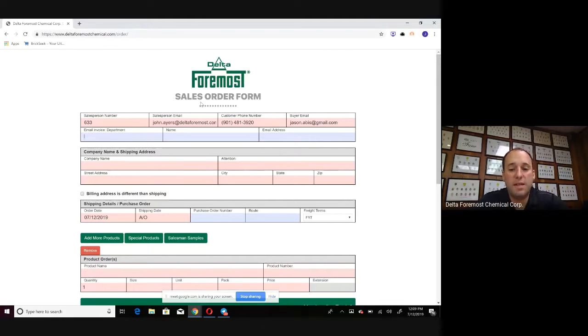All right. So now the next line here, you have email invoice, department name, and email address. This is for if they want you to email the invoice to accounts payable or whoever. So you can fill this out. Let's say accounts payable, and let's say Jonathan Cooper is over accounts payable, and his email is jonathancooper@deltaforemost.com. Now, what this does is once the order invoices, Buzz will have a copy of the invoice emailed to